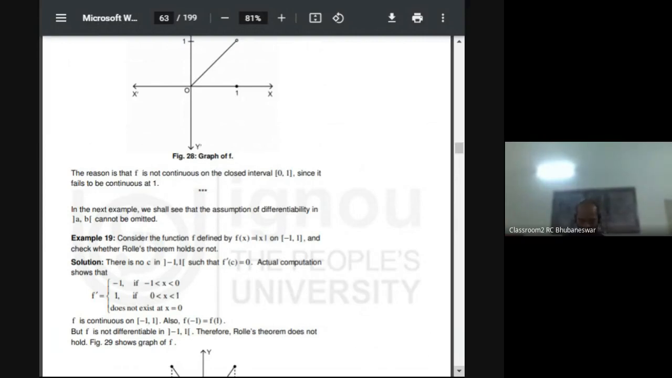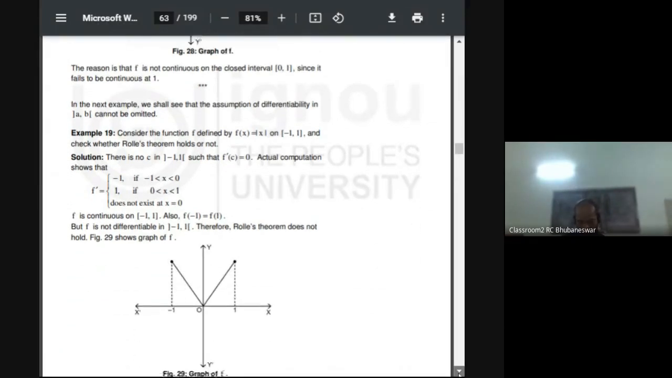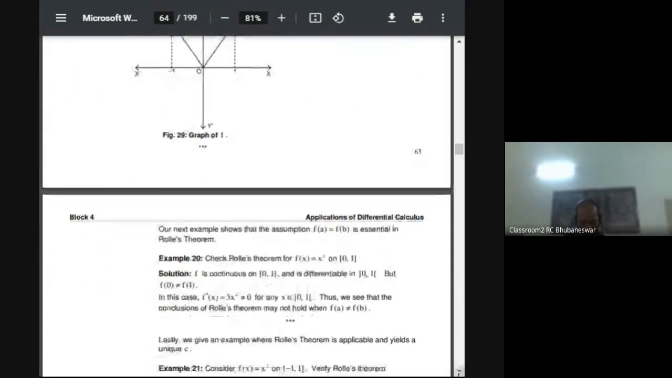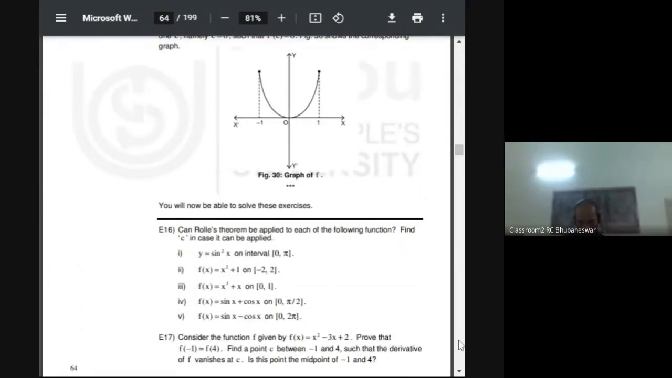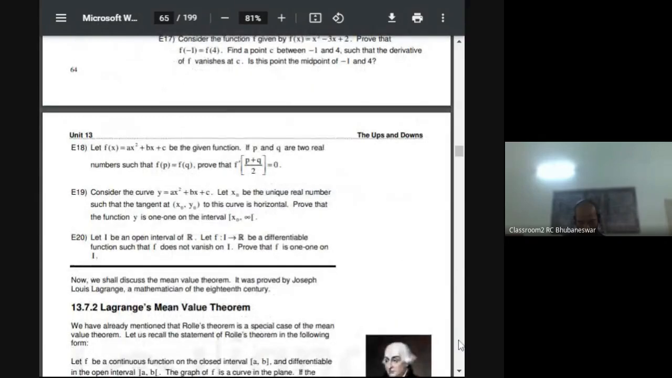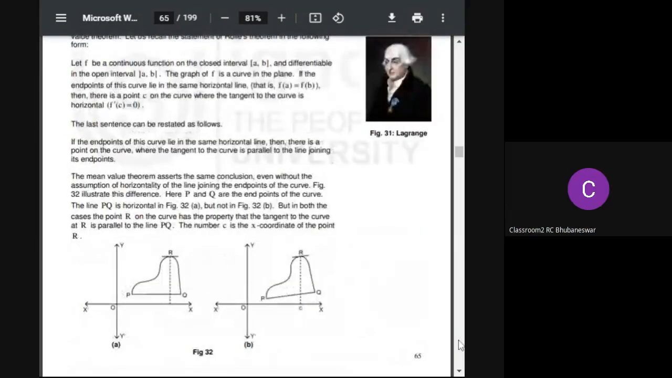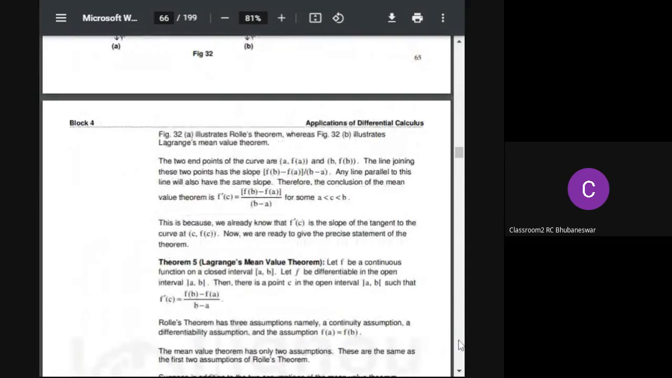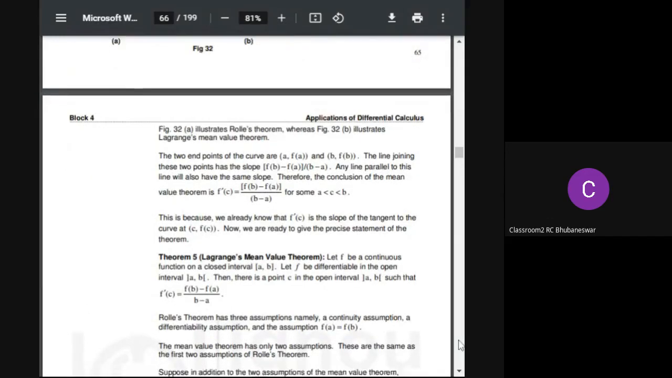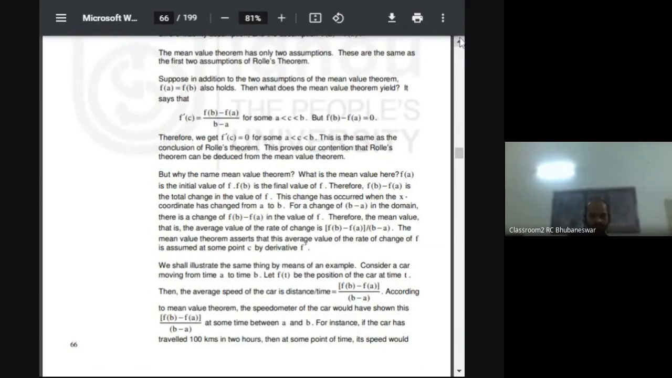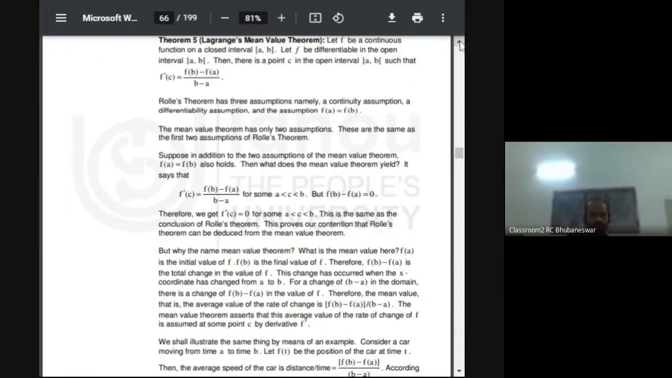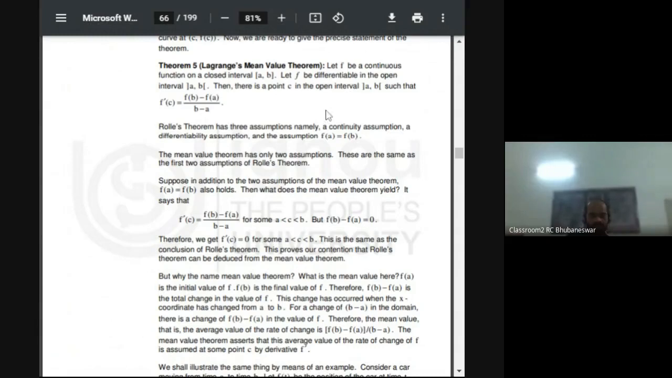Now let us discuss the next point. Let us move towards page number 65. Yeah, in page number 65, we can see the statement of the Lagrange mean value theorem,